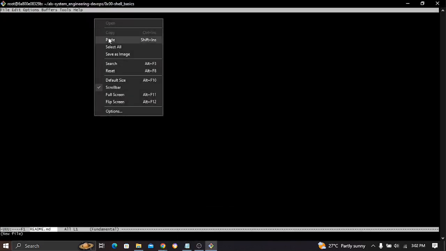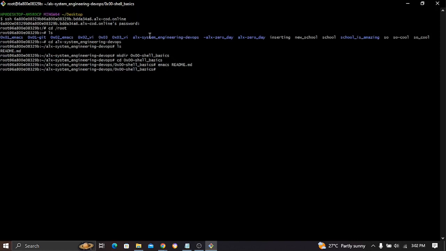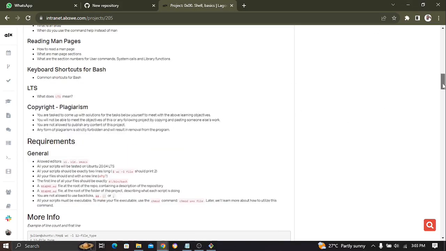Okay, so I'm going to save this, and I'm back to my terminal. Okay, now we've created the repository, we've cloned into it, we've created the directory for the project, we've created the readme file at the root of the repository, we've created the readme file at the root of the project, as you can see now. Now what's the next thing we're supposed to do? For our first task,